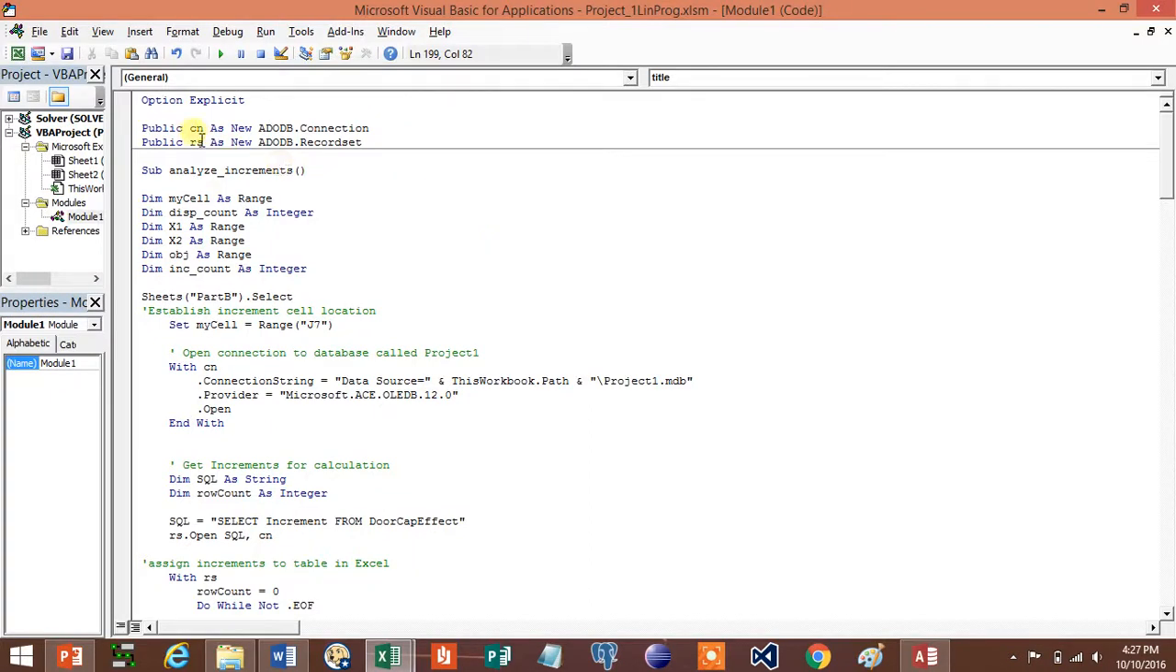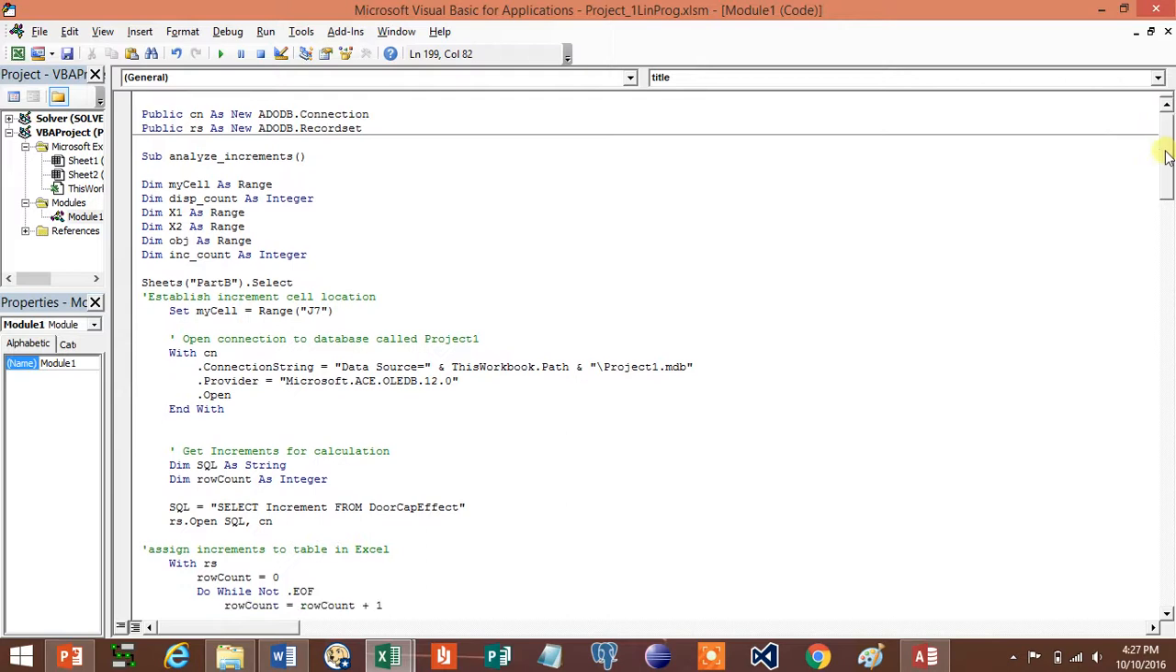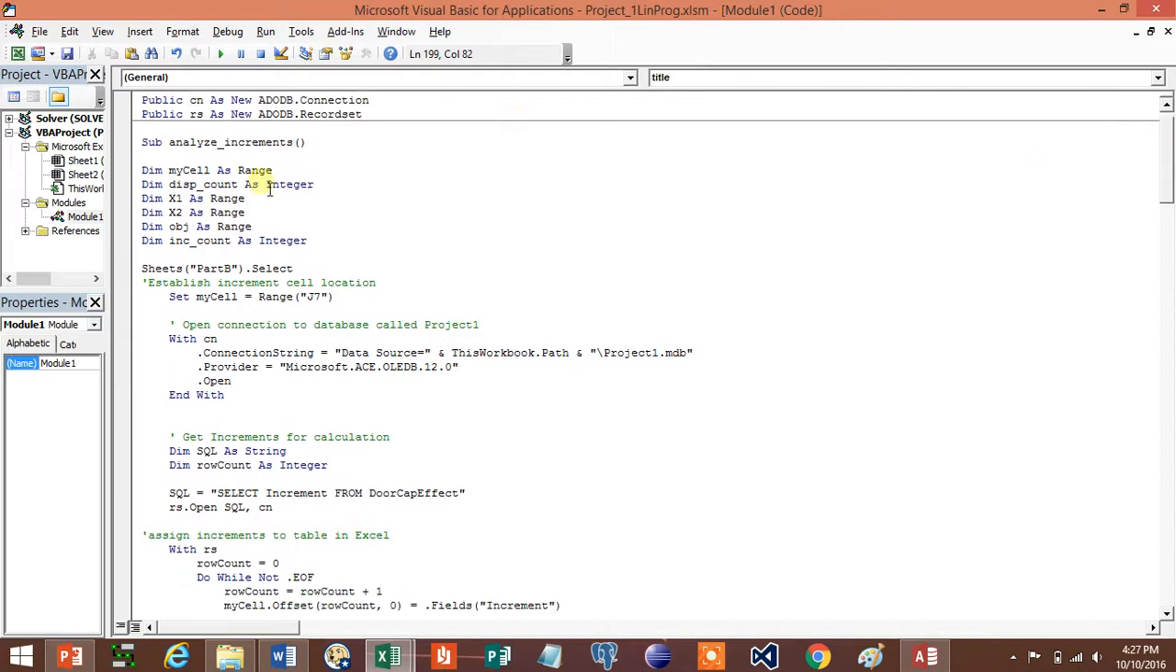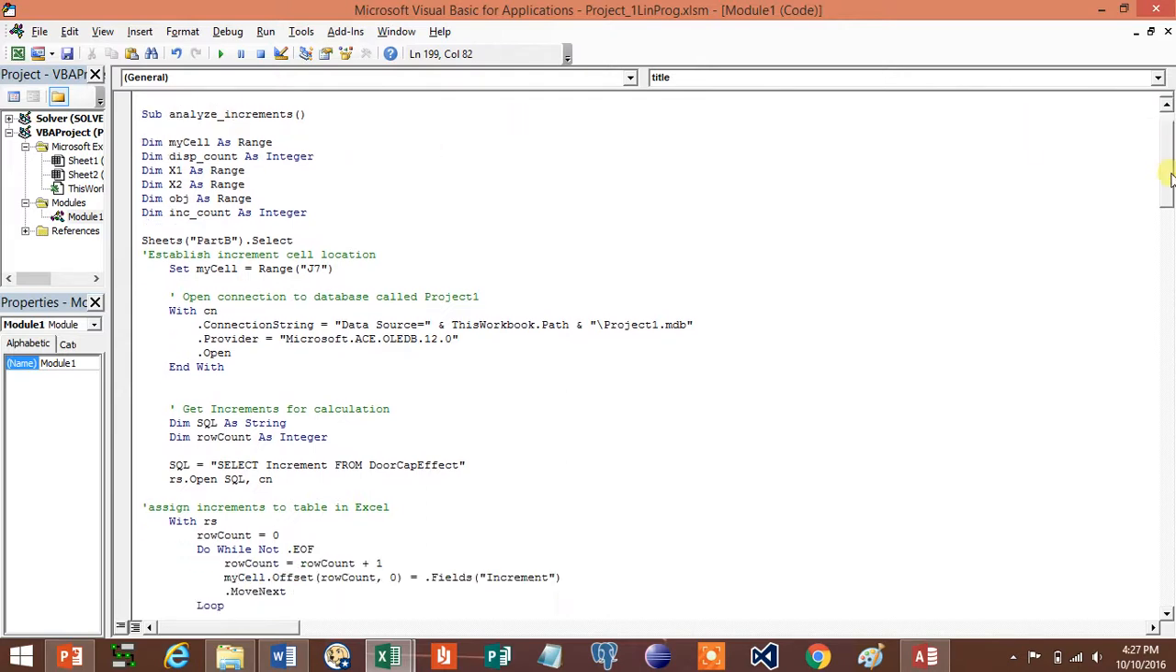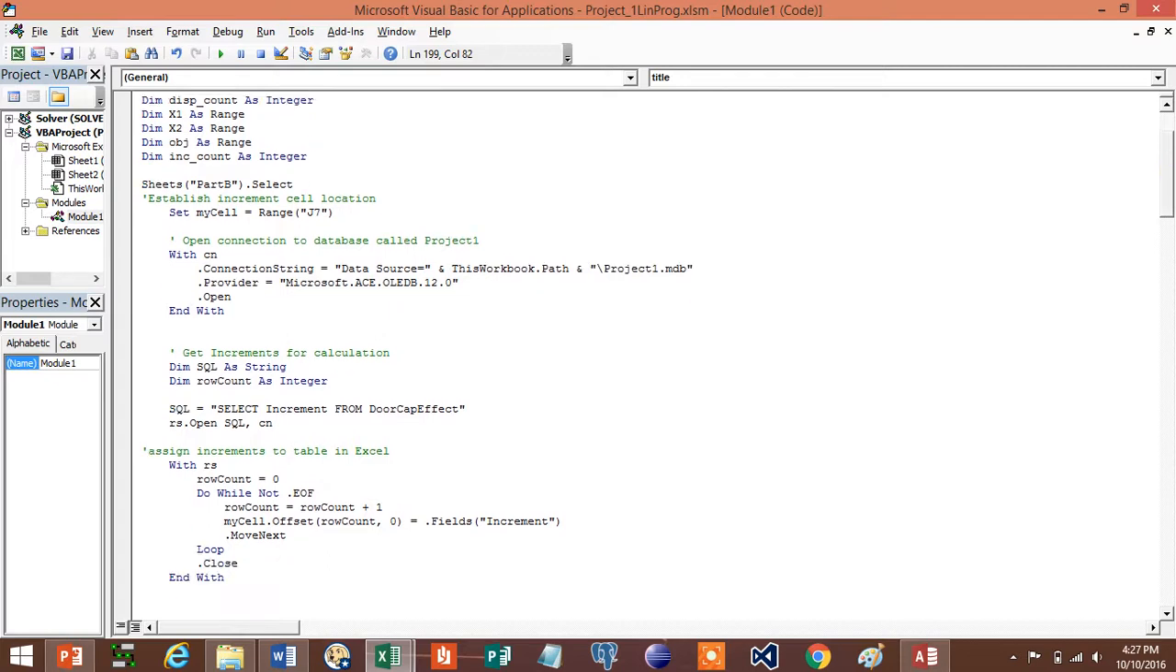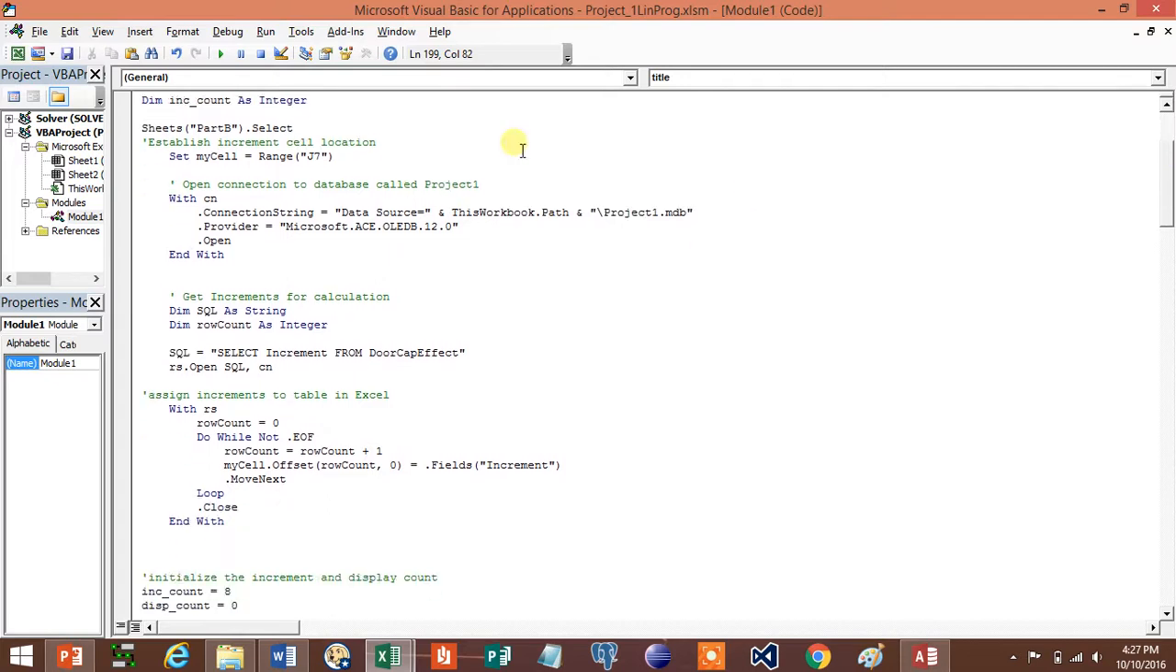The necessity at first is to declare a connection and a record set variable for your database in Microsoft Access. And then I called this function analyze increments and connected it to my button, and these variables will come into play later. So the first part is establishing the connection with the database and then importing the increments of 0%, 2%, and